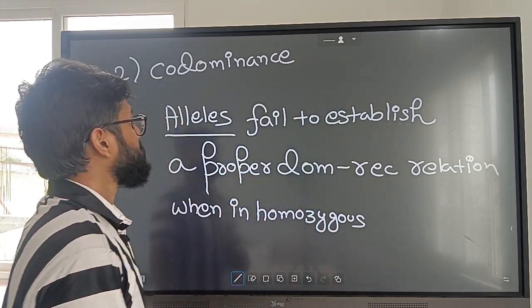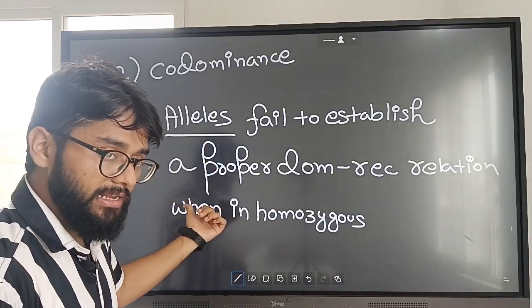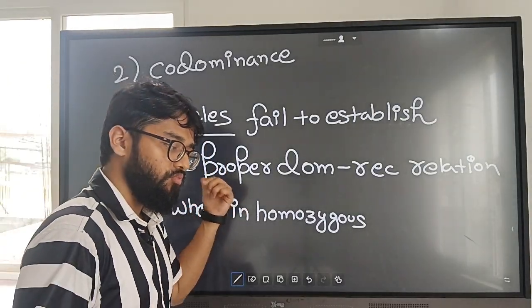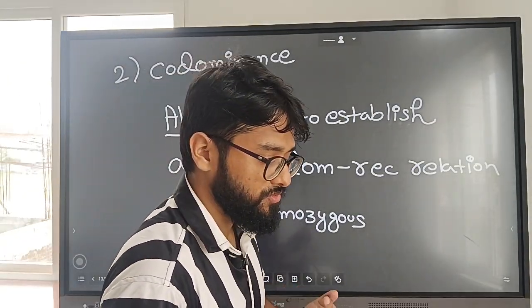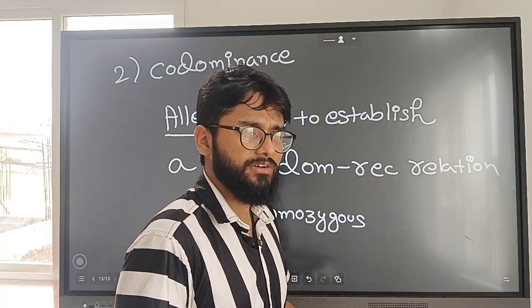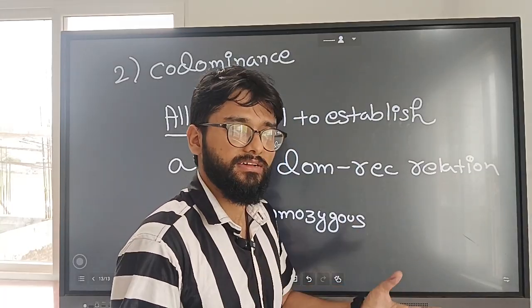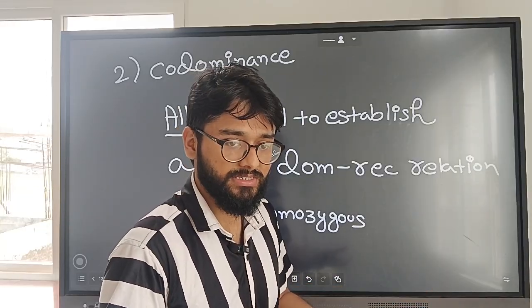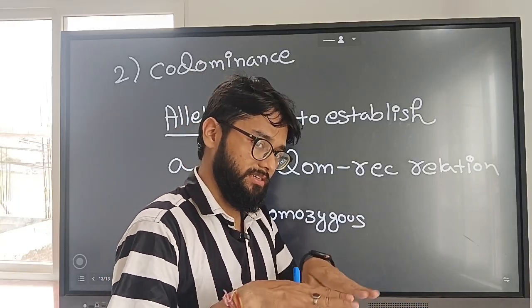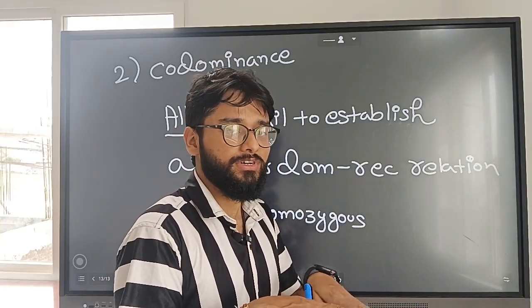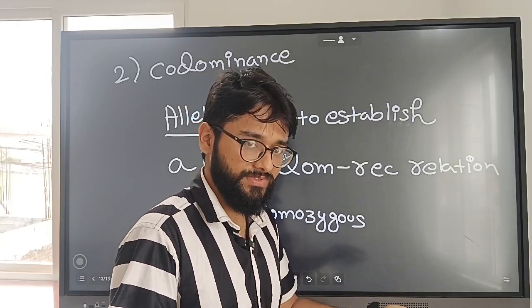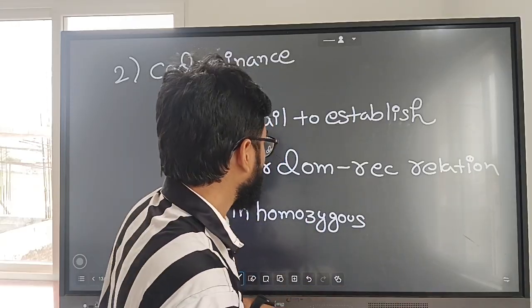Now what this means is that in incomplete dominance, one of those alleles was unable to express completely. Why? Because it lacked that. When it was present with the other part, that is, in homozygous condition, it was compensated. The amount was compensated, that means you got 50, the required amount. But in case of